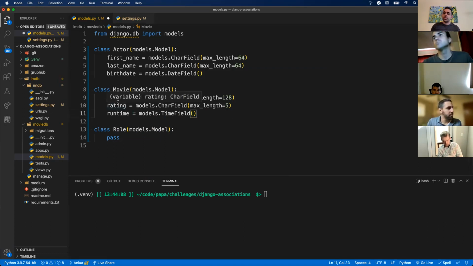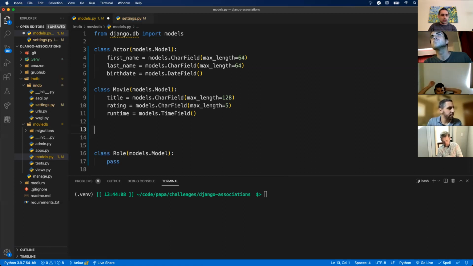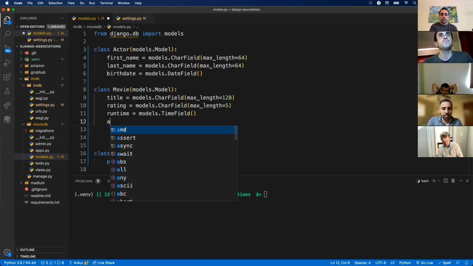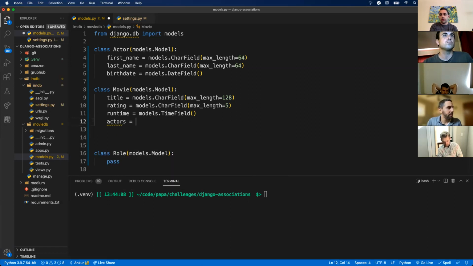So the question is, what's the relationship between these two? There are 2 ways you can create a many-to-many relationship in Django. I'm going to do it the first way, and then we'll talk about the role table after. All right. Hopefully this won't screw up my database too much. But here, we talked about using the many-to-many field that Django provides. So in this case, I could do actors, plural, just as a naming convention. Again, that is a choice. You can name it whatever you want.